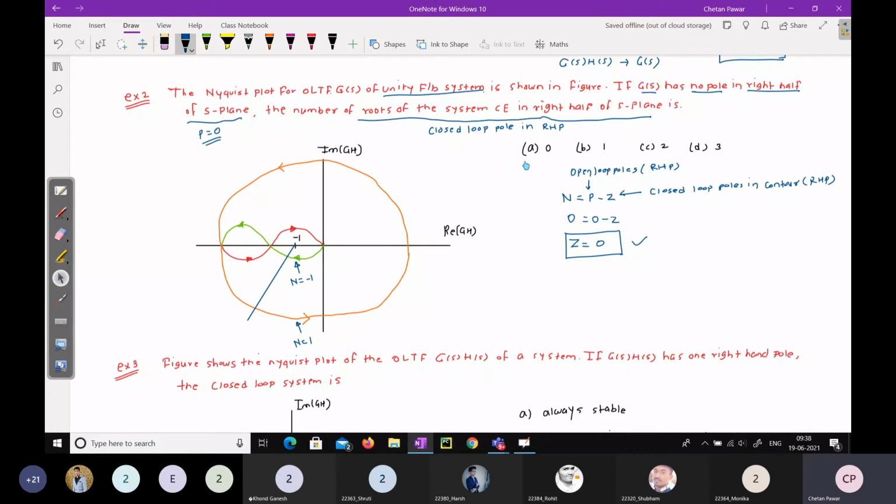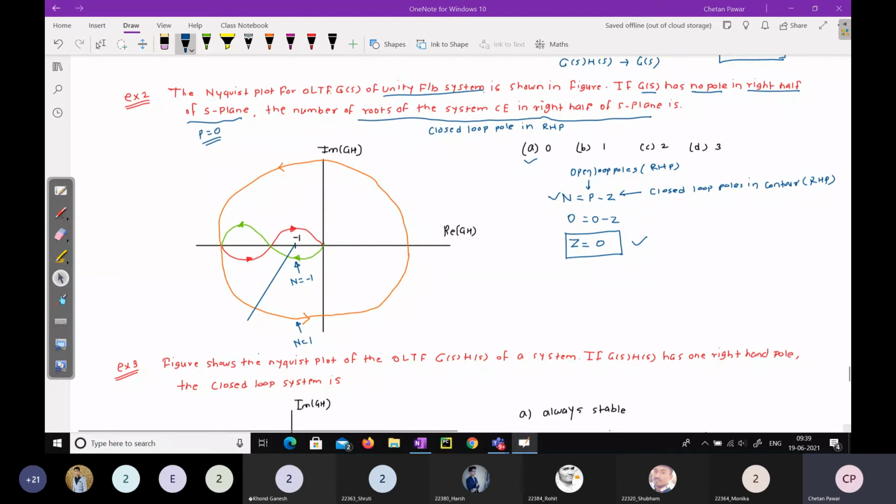Option A. Option A is the simple criteria is there. Most of the people find this Nyquist plot topic difficult. It is a very easy topic, okay? Those questions are easy to solve. You just need to know about the Nyquist criteria correctly, okay? Just use this formula to find out the closed loop system stability, where P is open loop poles in RHP, Z is closed loop poles in RHP, and N is the number of encirclements about -1+j0 point. But this is for the closed loop system stability, okay? Very important, closed loop system stability.